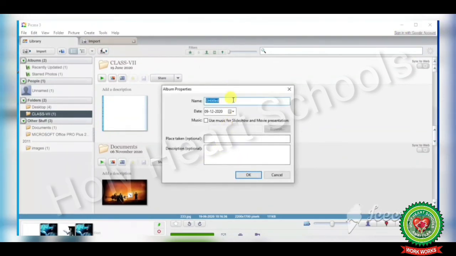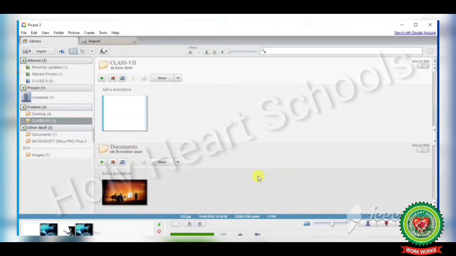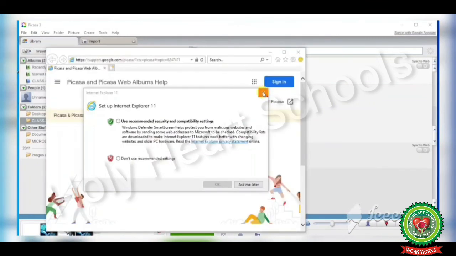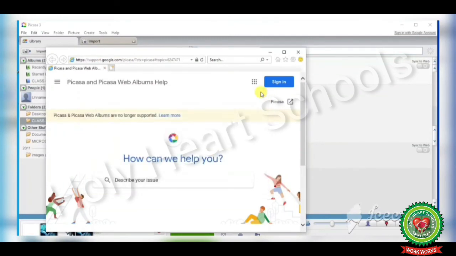You can give any name to your album. Then click on OK. Now the F1 key is used to see the Picasa Help Center. I am pressing the F1 key. Here you can see Picasa Help is open in front of you.